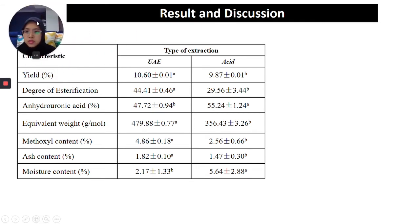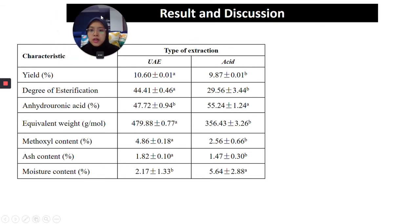So, okay, here we have yield, degree of esterification, anhydrouronic acid, equivalent weight, methoxyl content, as well as ash content and moisture content. I'll explain to you one by one. As per yield, the yield for UAE is 10.60%, while acid is